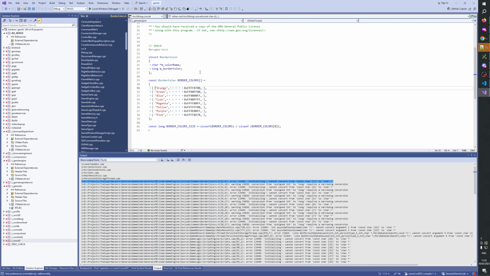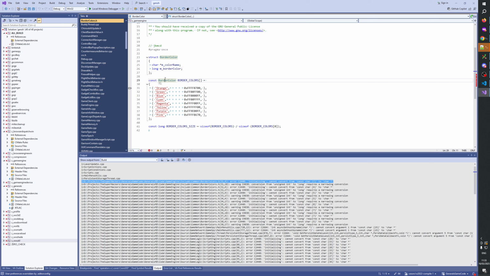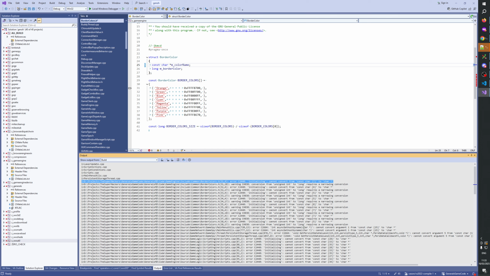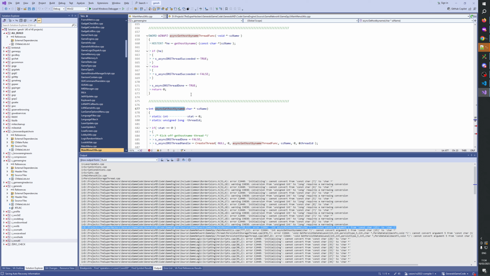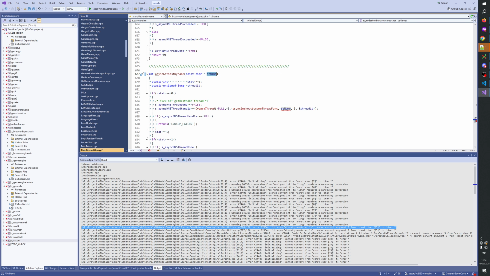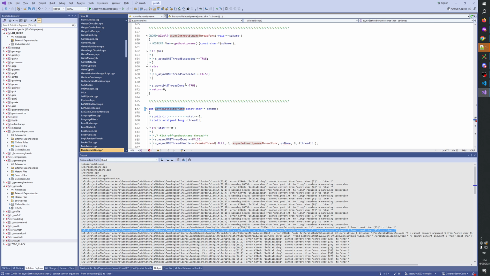Next. Border color. Const. Next. Oh, well, hard-coded string here. Const. Oof. LP void. Oh,